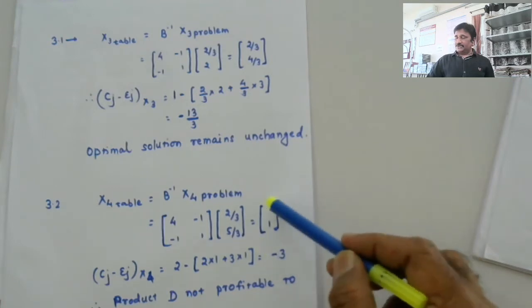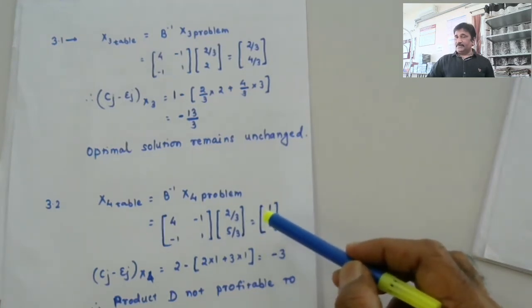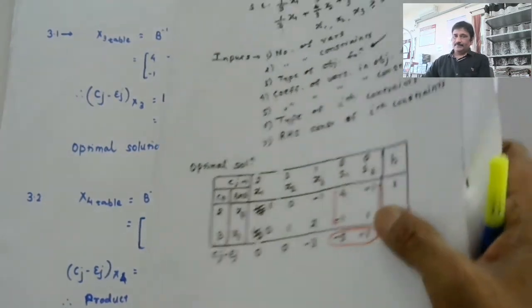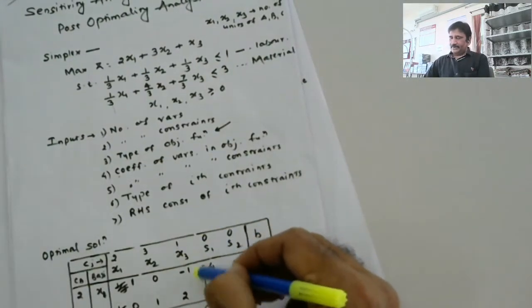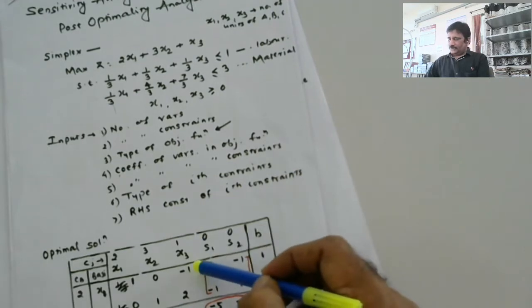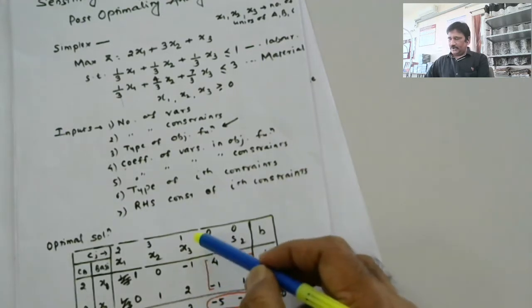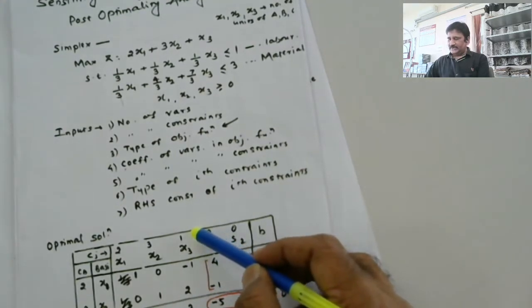And having written this column in the table, you just imagine how you will be finding Cj minus Ej for x4. Okay, Cj is rupees 2. Ej you will be finding as the product of this and the CB values, which are respectively 2 and 3. So 2 into 1 plus 3 into 1. You just imagine in this table, right? Here you have the x4 column written, with coefficients 1 and 1, which you are right now not seeing, and the coefficient of x4 in the objective will be 2.